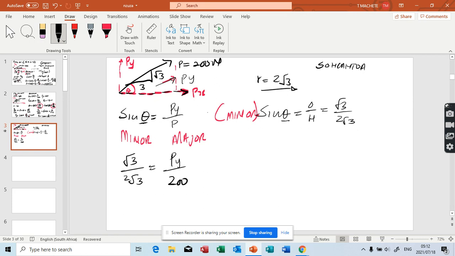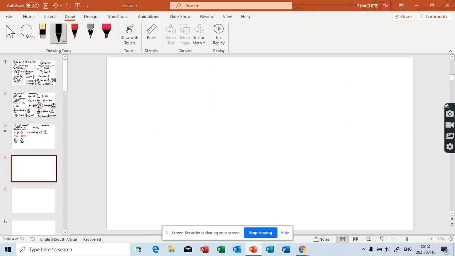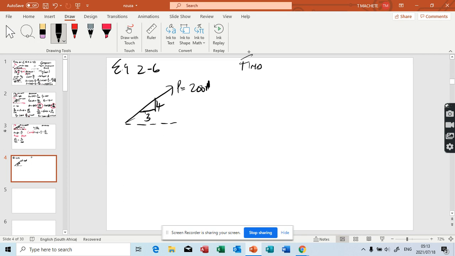Okay. So we covered that part. You see, even your Example 2.6 used the same method. You are given P equals 200 newtons, and here you're given 4 and 3. So first thing first, remember what I told you. If you want to find the x and y components,